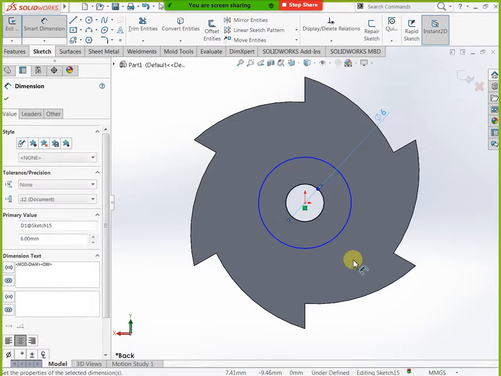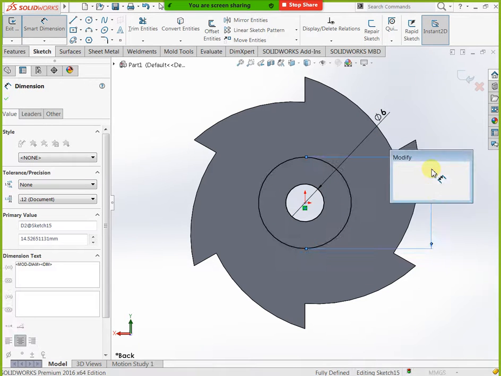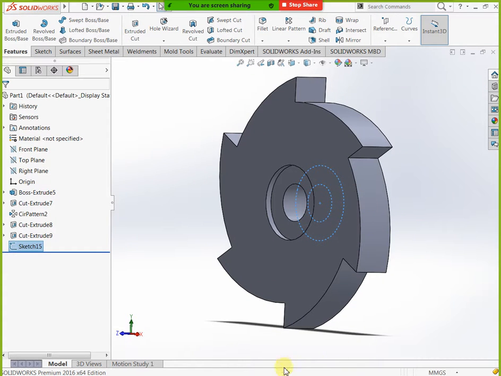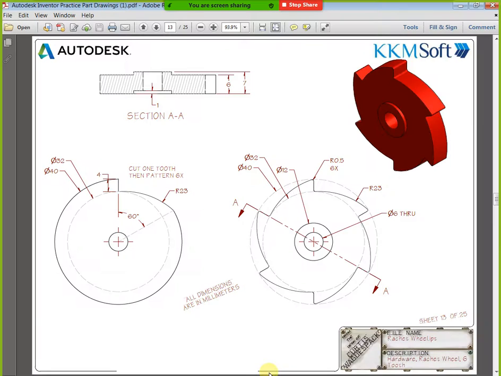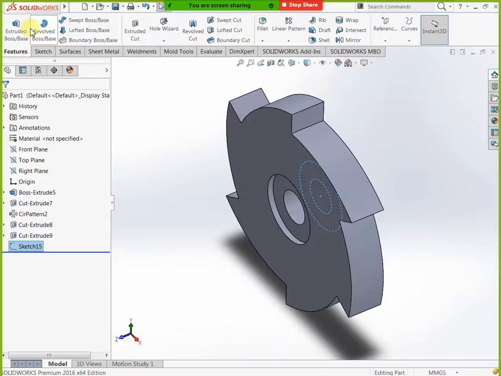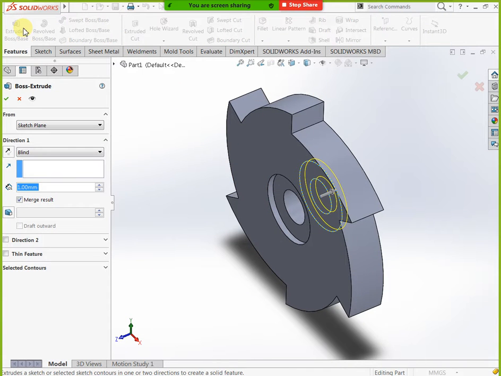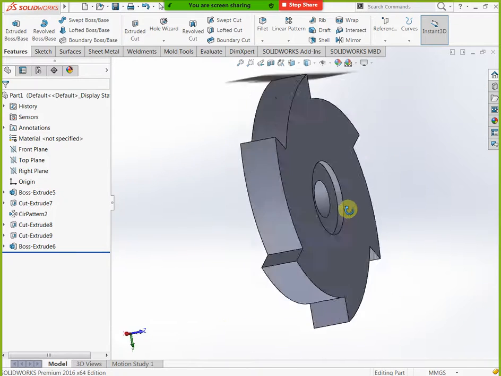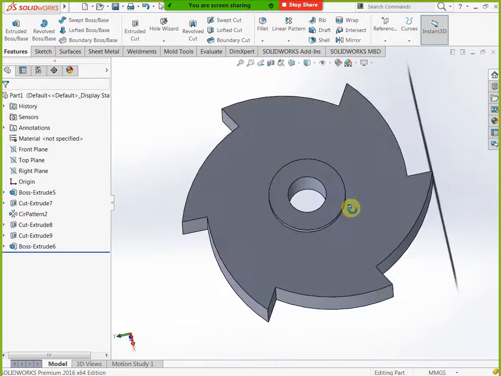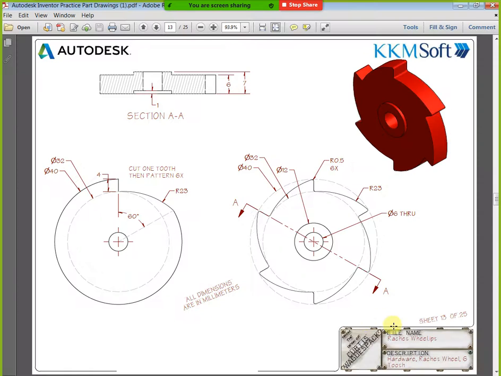Next I need to apply color for this. Now you can go here, appearance, go to appearances. Here we have a painted. I need to go painted, for example car paintings. You can take this red and you can apply for entire body. See now, like this. Same as well as if you need isometric view, you can go for like this. This is our model now. You can have some light color, you will get same that one.